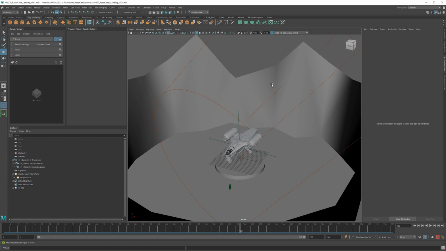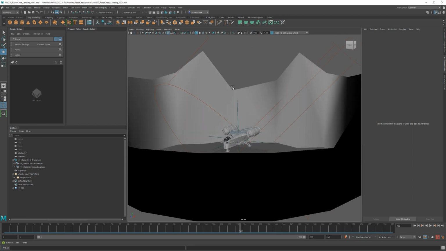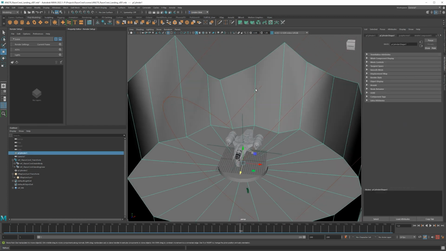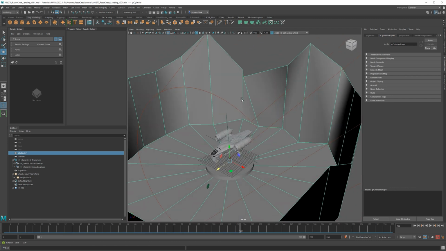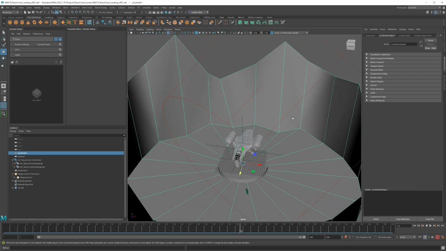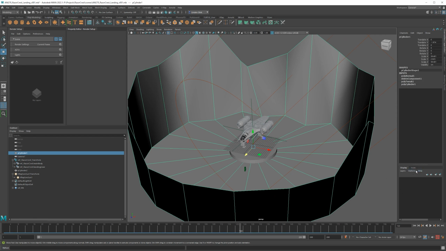Okay, so at this point, what we need to do is start to set up the scene to make it look just a little bit more like the end result. So instead of using this kind of crappy cylinder, we are going to replace this with actual assets, like some rock and cliff assets.